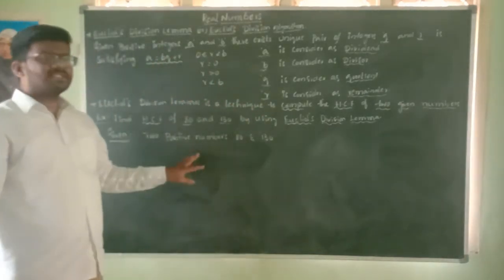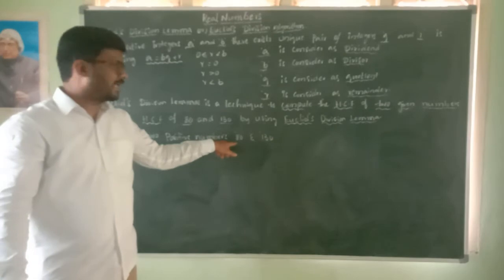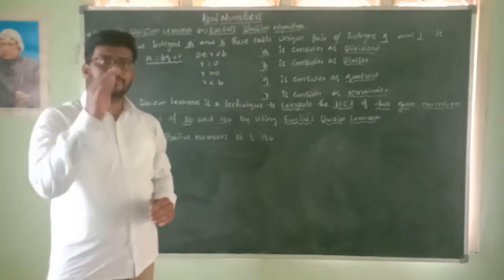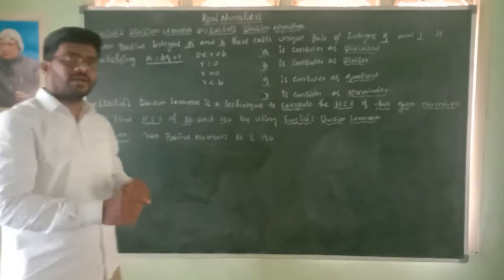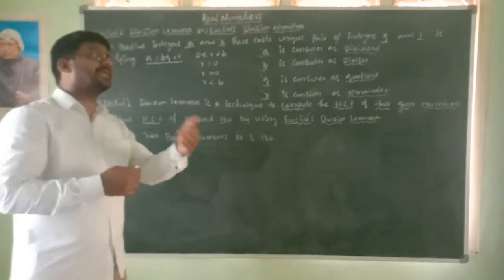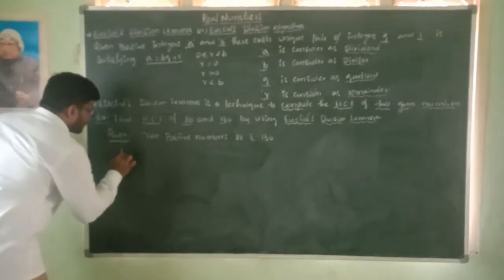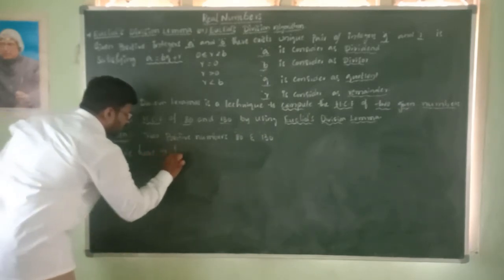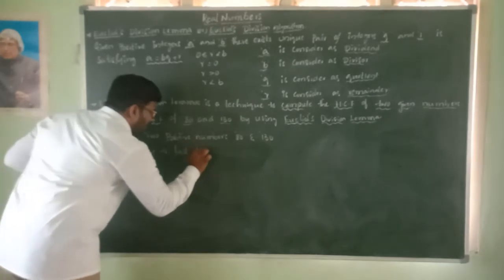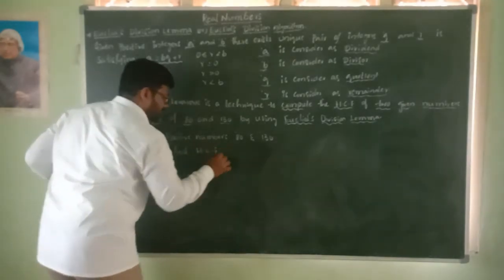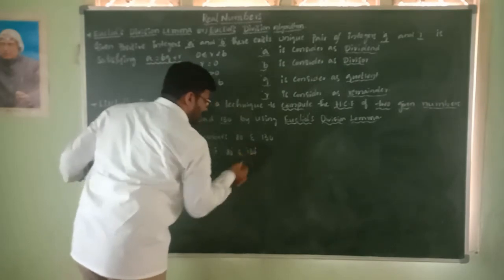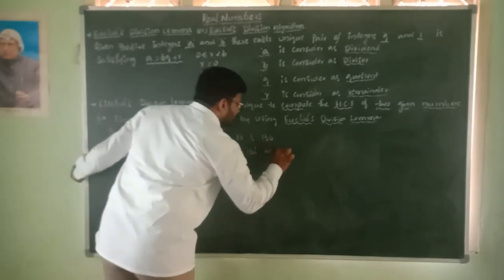What we have to find in the question, children? HCF. Next step, you write: we have to find the HCF of the given two numbers 80 and 130 by using